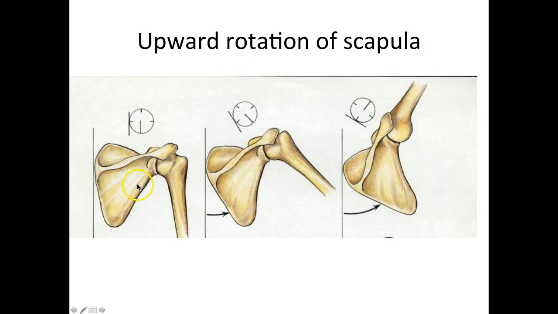the scapula. So when we raise our arm, raise your arm to about the shoulder level, you will get a collision between your greater tubercle here on the humerus and your acromion. So we need to rotate the scapula a little bit more so we can raise our arm up above our